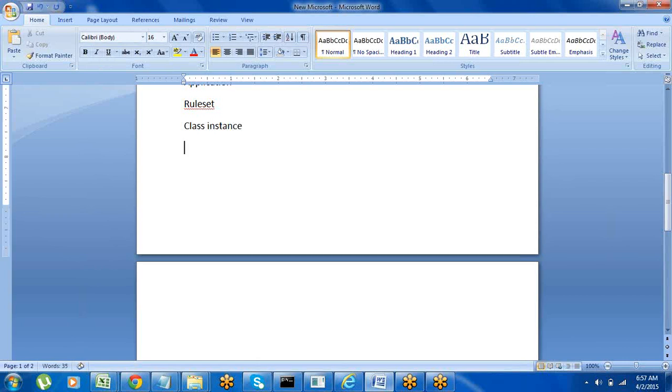That one I'll tell you how to add. All the class names will be available in the drop down. We have to include all the class instances. Then we need to add individual